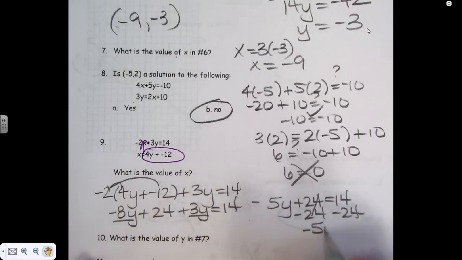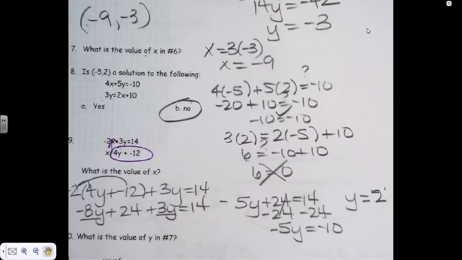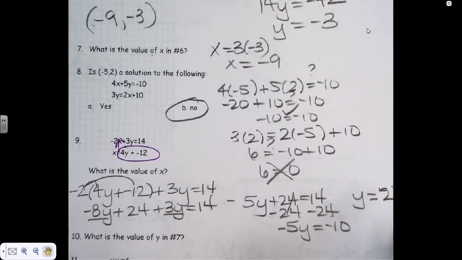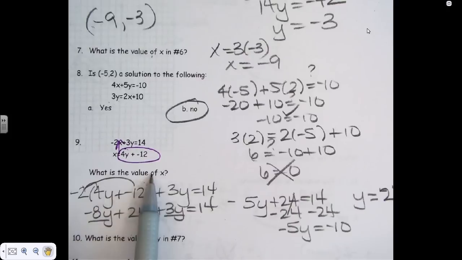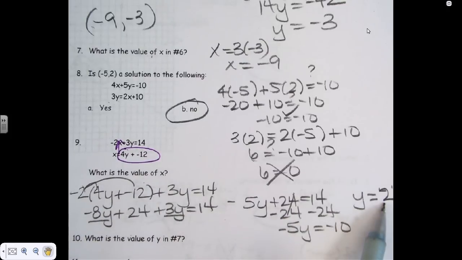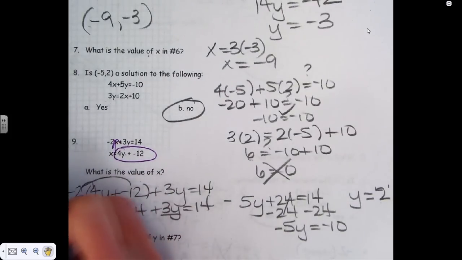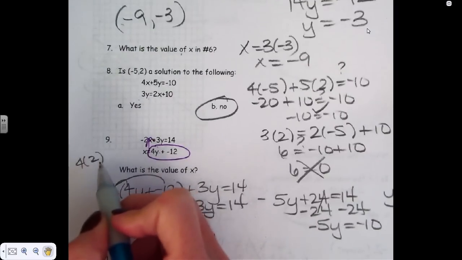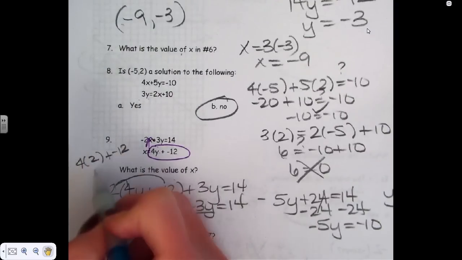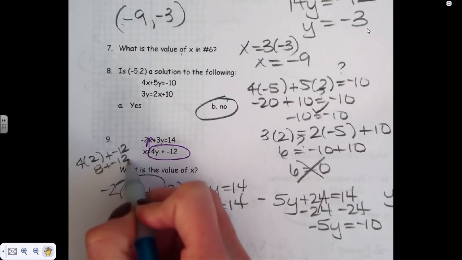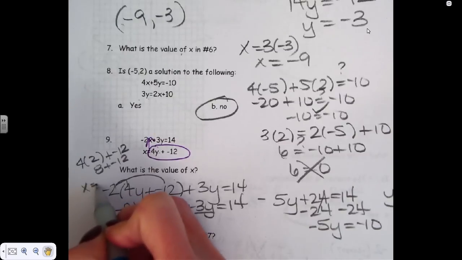So negative 5y is equal to negative 10. So y was positive 2. Y is positive 2. So now to find, and that was in here, be careful, it's asking for x. Okay? So if I found y to be 2, plug in 2 back up here. So 4 times 2 plus negative 12. So 8 plus negative 12. So x is